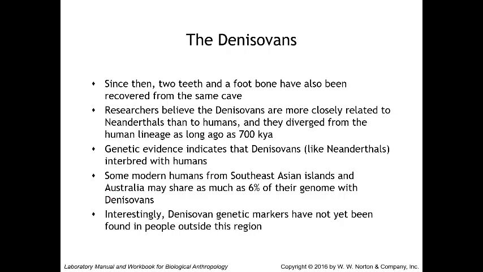Asian islands and Australia share as much as 6% of their genome with Denisovans. Interestingly, Denisovan genetic markers have not yet been found in people outside of this region. So modern Tibetans have a gene, EPAS1, that has also been found in Denisovan DNA. This gene helps Tibetans to live at these extremely high altitudes, and it seems to have been inherited when ancient humans and the Denisovans interbred